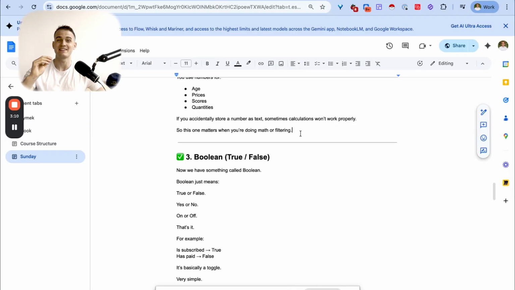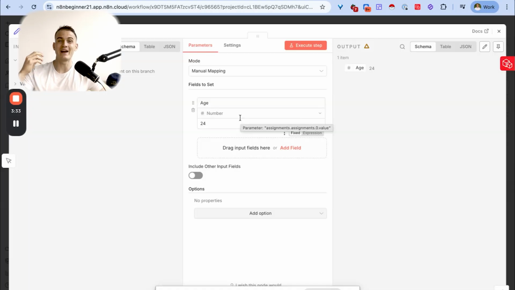Worth noting that if you ever store a number as text, for example, when you're referencing the index or the postcode or something like that, and by accident it's just full of numbers and it's stored as text, your n8n workflow may give you an error message. So if you ever get an error because of data field types, just double check that the data field type is text for any sort of text inputs,